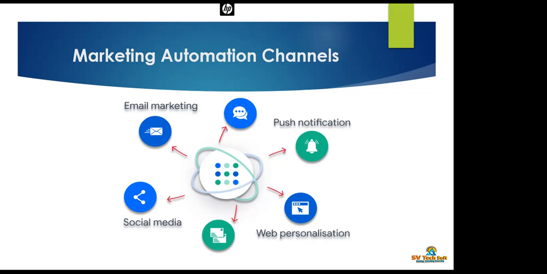You can send push notifications. For example, you order something from an app, you get regular delivery updates. Nowadays you get geolocation tracking as well. You can see a person on a map. You can get every detail of a delivery boy's movement on an app. Based on that, you can trigger a push notification. For example, if your delivery guy is about 100 meters away from your home, then it should trigger a push message that your food is arriving.